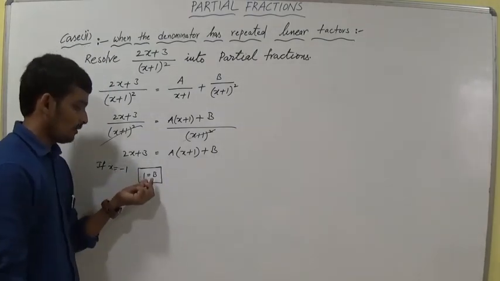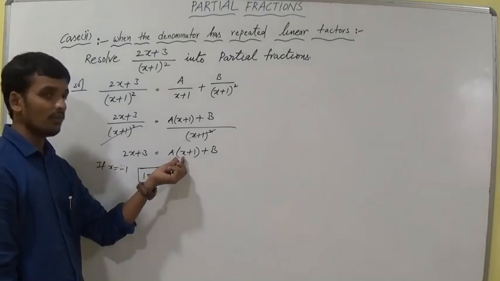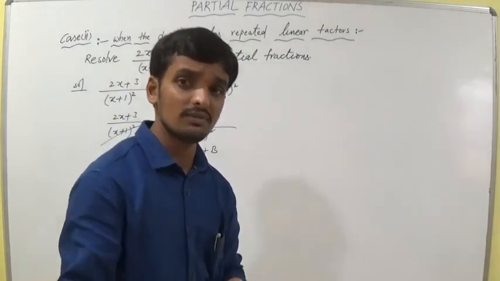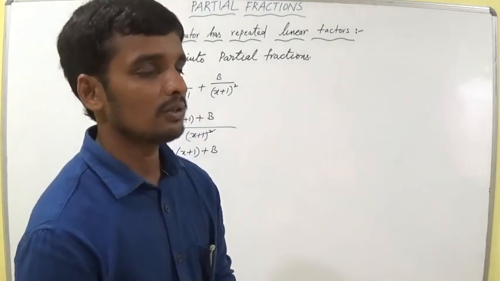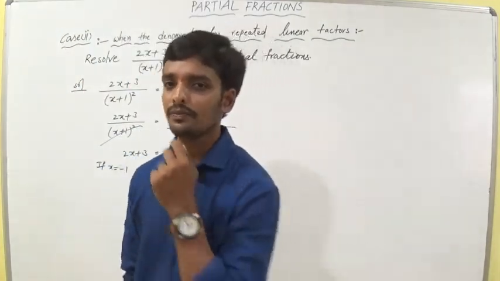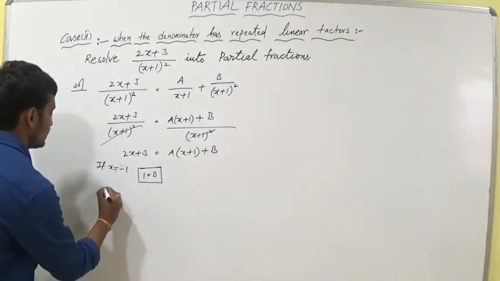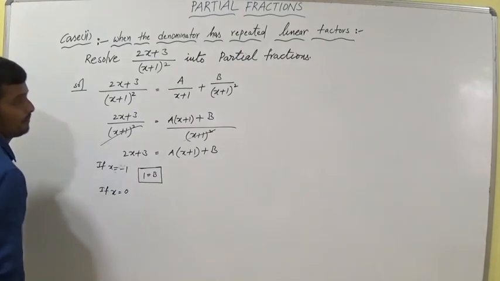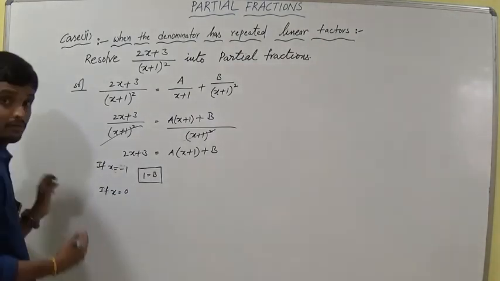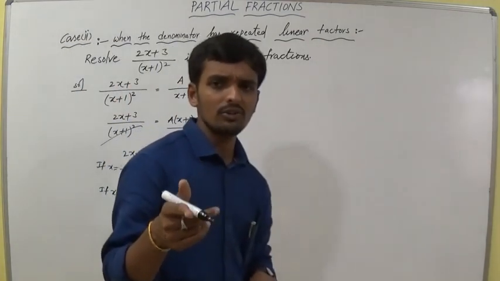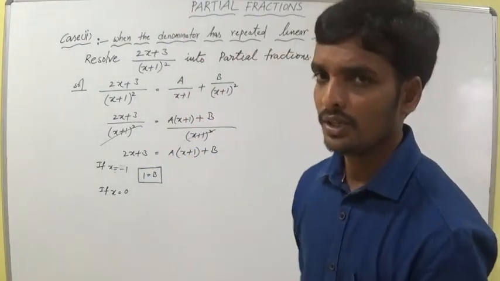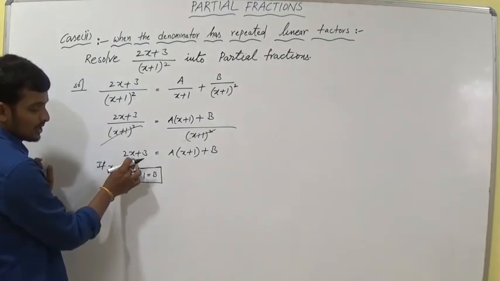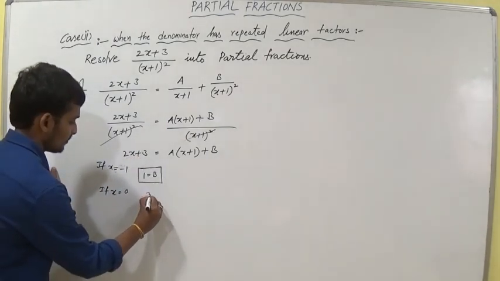So here we get the value of b. We don't get the value of a. This time we have to take any value in the place of x as you wish. My choice is 0, so I am taking x is equal to 0. That's my wish. If you don't want 0, you can apply any value you wish. Fractions are also not a problem. So 2 zeros are 0, 0 plus 3 is 3.